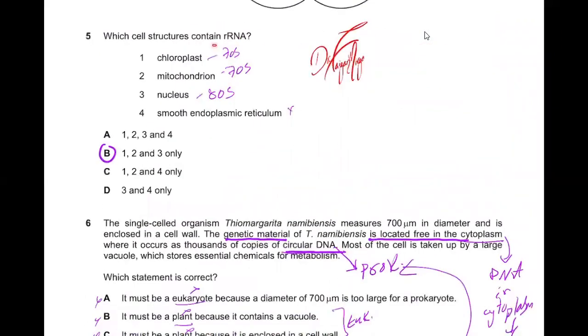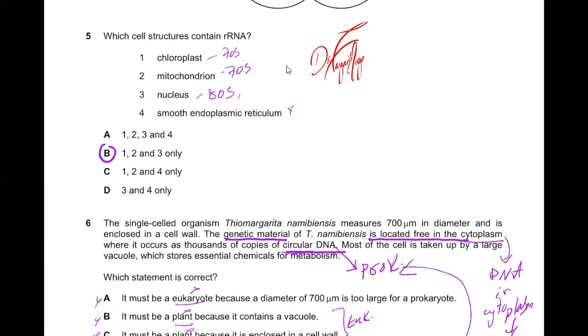Which cell structures contain ribosomal RNA? Chloroplast, mitochondria, nucleus, they all have ribosomes. Chloroplast and mitochondria have 70S ribosomes each, whereas the nucleus has the ribosomal component of 80S ribosomes, as well as the subunits there, because the nucleus has the nucleolus. The nucleolus synthesizes ribosomes. So you just need to recall that the nucleolus is the part of your cell